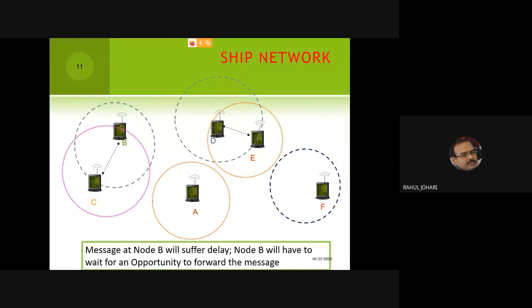How long will the node carry? As long as the message TTL remains positive. The moment it comes to 0, node B will drop that particular message. So the message generated by node C will have a TTL factor attached to it. Or maybe node B runs out of buffer space. That's another problem area. In the wireless network, we talk of handheld phones, smartphones, and all these phones have a limited amount of buffer space. So the node's messages cannot live forever.